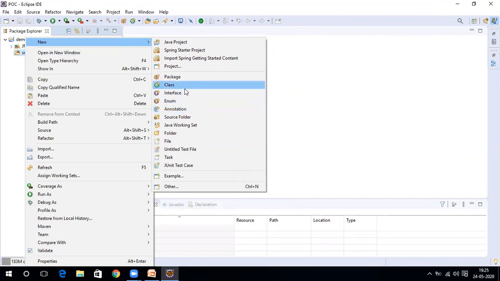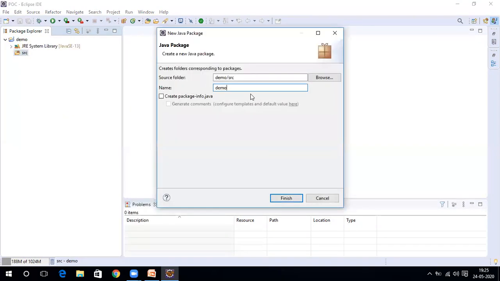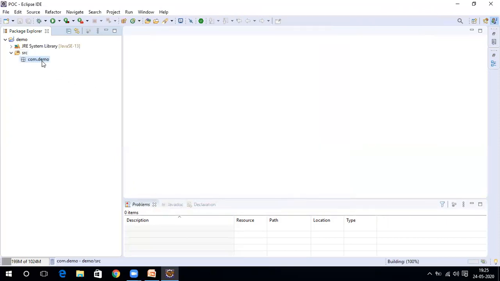These terminologies we will talk about later. The structure should always be that we create a package first. The package could start with com.demo. So com.demo is my package name, and then click on finish. So it created a simple package.